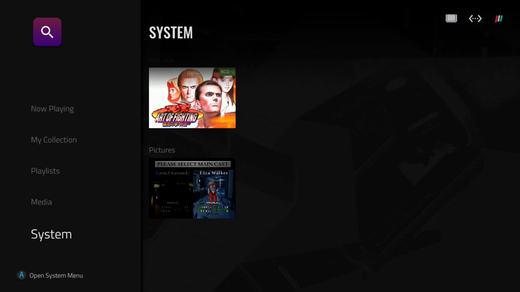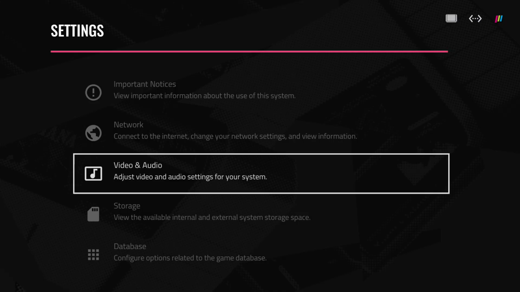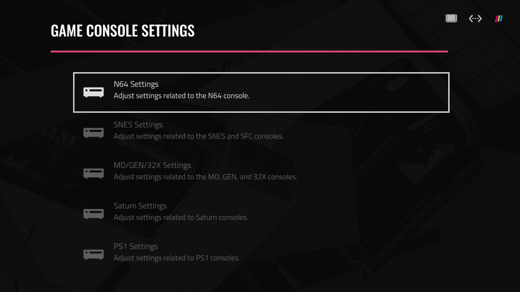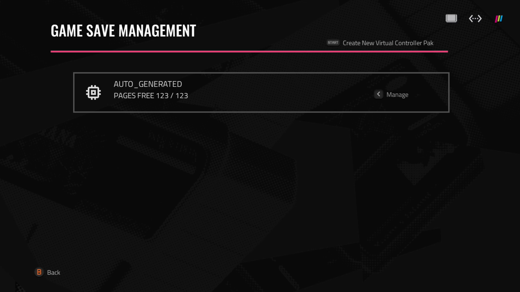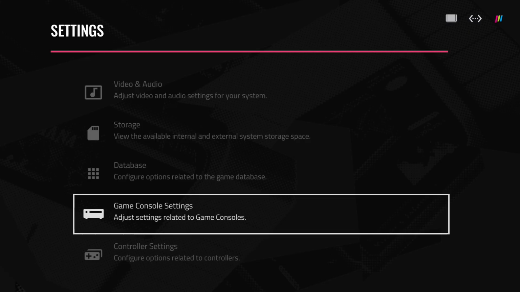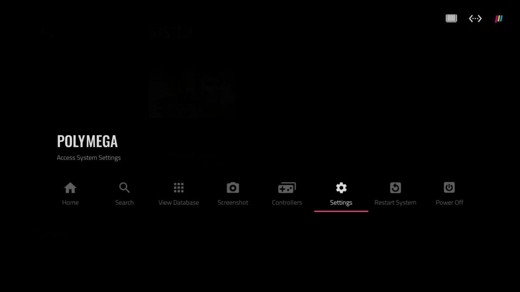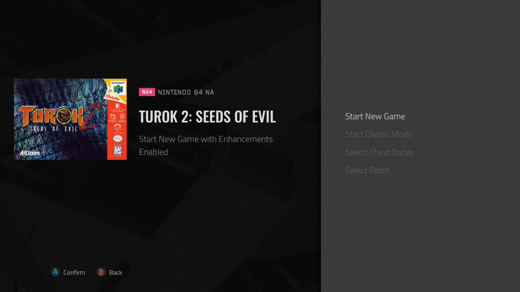And it says there's no controller pack found, so I tried to find if there was a controller pack built into the Polymega, and I see this thing here, controller pack management, but I think that's only if you have a controller pack plugged in. I want to make a note here: if you do have a controller pack and a rumble pack, you can insert that into your N64 controllers or the controller that comes with the module, and the Polymega will detect that. I have those somewhere in a box, I just couldn't find them for the making of this episode. But anyways,